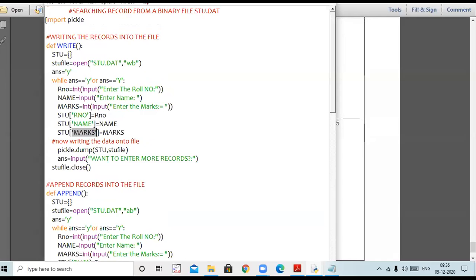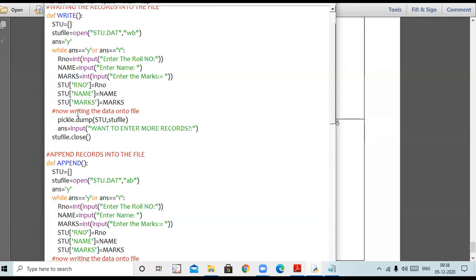So you have to import pickle module also. Right? So pickle.dump will take two parameters. One parameter is the name of the dictionary and second parameter is the file handle. So records of stu dictionary will be transferred to the file stu.dat,